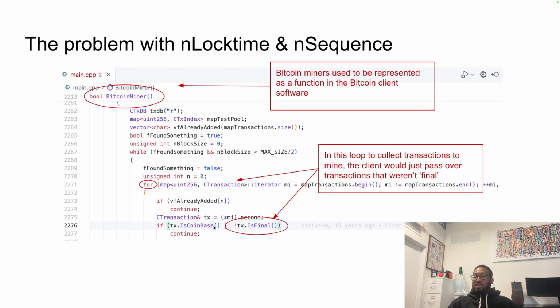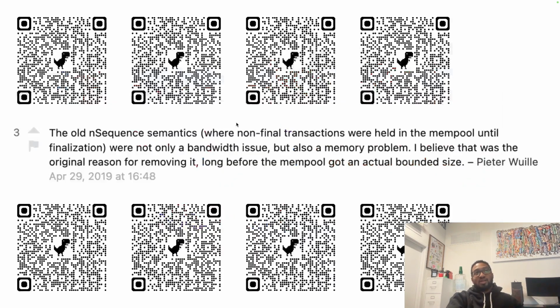But if you looked at the blockchain consensus logic, there's nothing that would know that something is completely final or not. Okay. So, yeah, all these can be respected. Yeah, and lock time didn't really need all that big of a fix, because you just add consensus validation to it, and sequence needed a bigger fix. And Peter Wuille had this Bitcoin Stack Exchange comment that I thought was very convenient to add in.